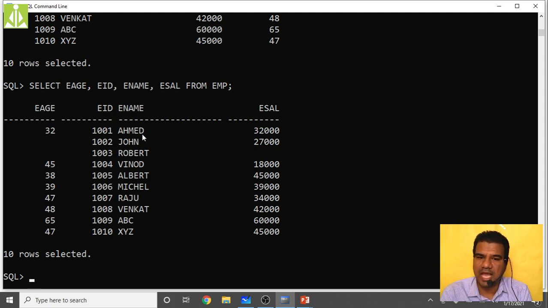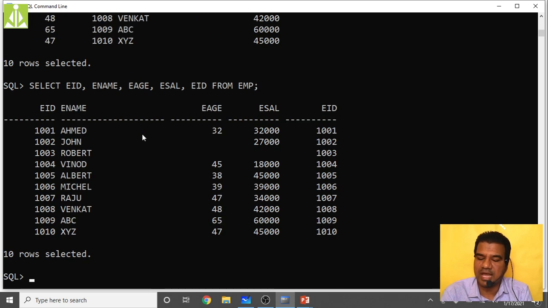So select EID comma ename comma EH comma ESalary comma again EID from employee. So twice I am selecting EID. See, like this you get EID at the beginning and at the end also. In this way you can do data formatting.